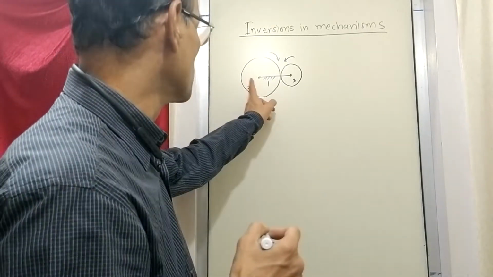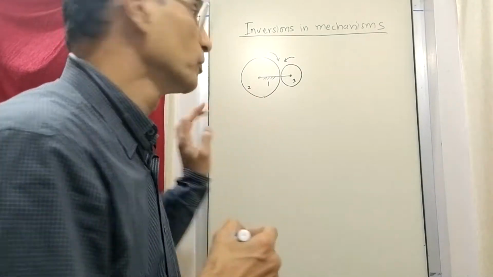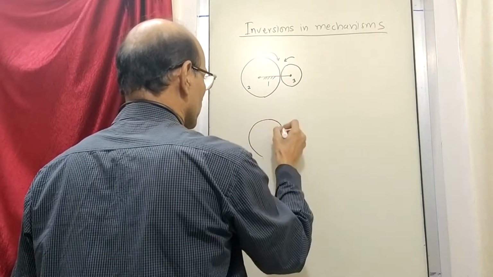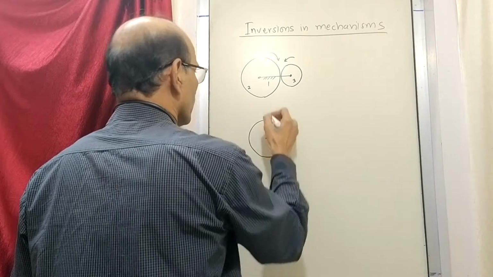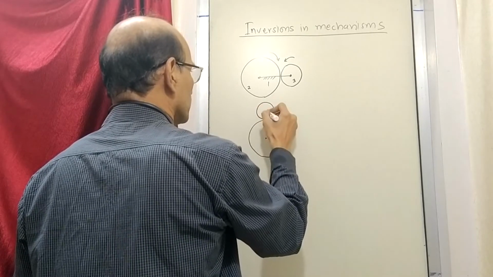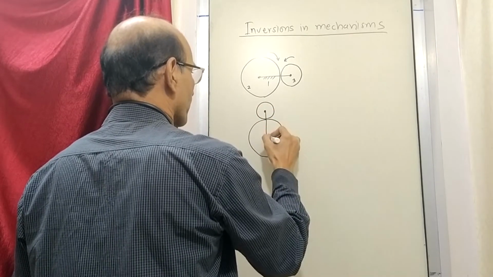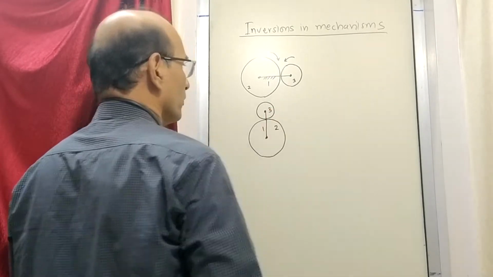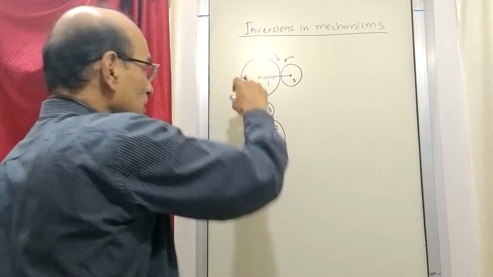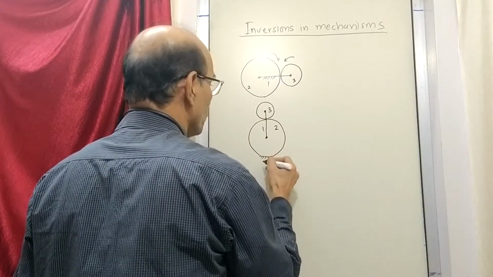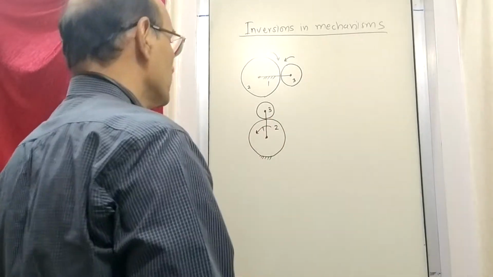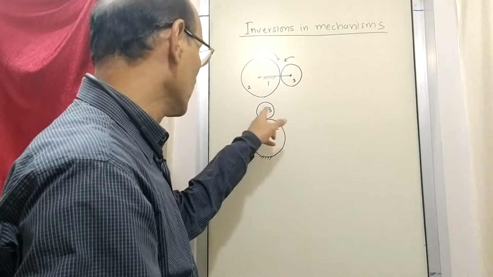Now suppose we release one and we fix 2. I'll draw the figure again. Let's say 2 is like this, then 1 is here, 3 is here. Same mechanism, I have just drawn it vertical, and now I am going to fix link number 2, and then we are going to rotate link number 1. This link number 1 was fixed earlier, now we are rotating link number 1.